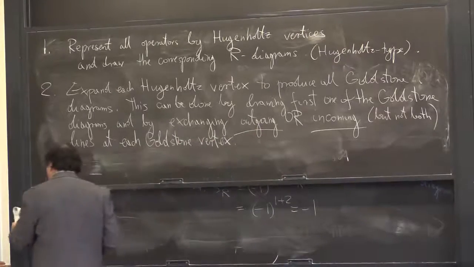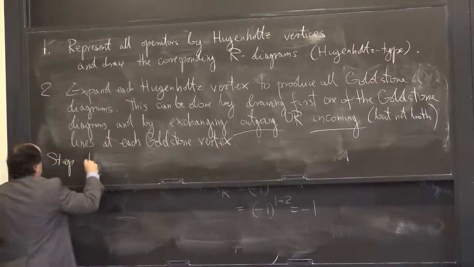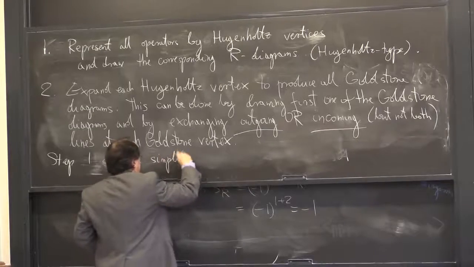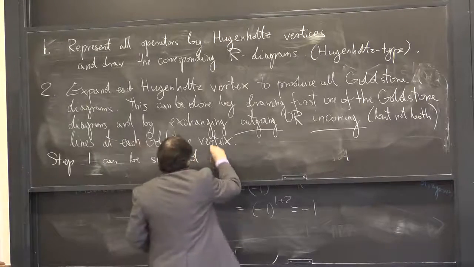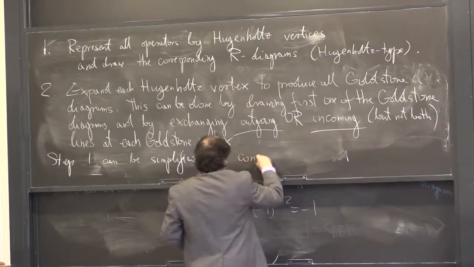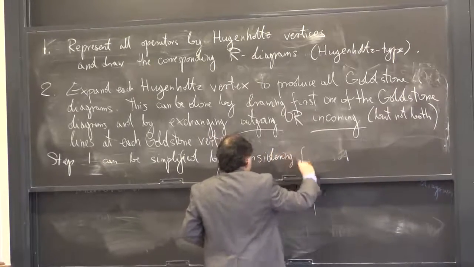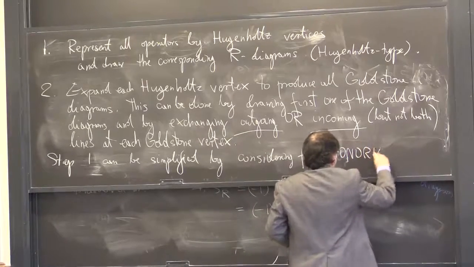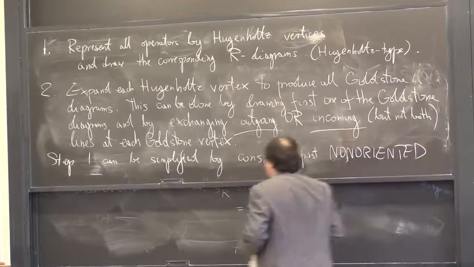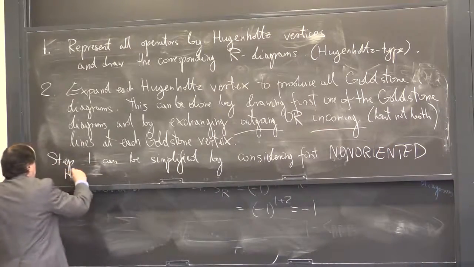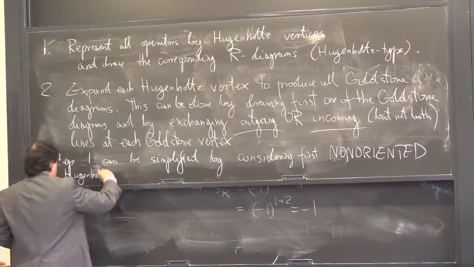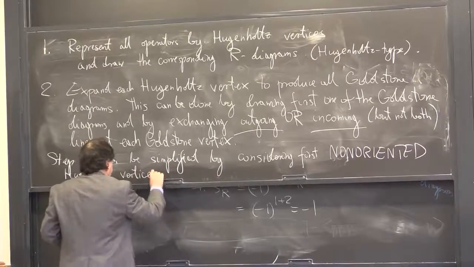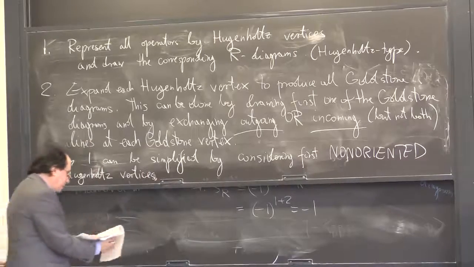So maybe I'll make a little remark here that step one can be simplified, I would say greatly simplified, quite often, by considering first non-oriented Hugenholtz vertices or non-oriented Hugenholtz diagrams, vertices. So in other words, you start with non-oriented Hugenholtz vertices, the ones that have no arrows,